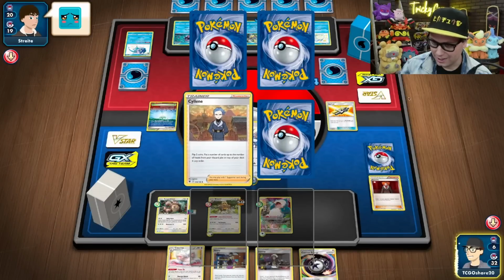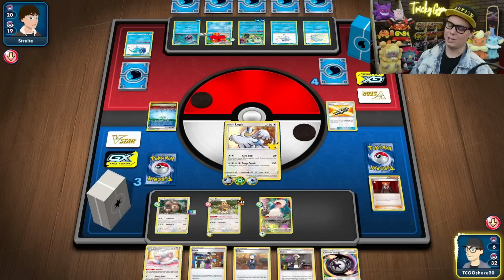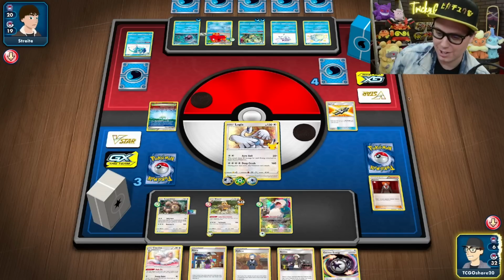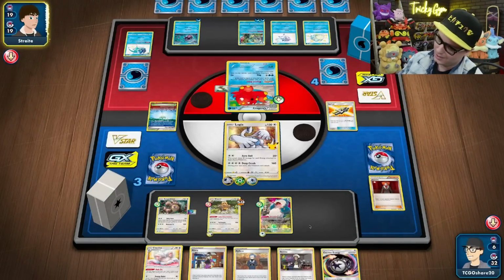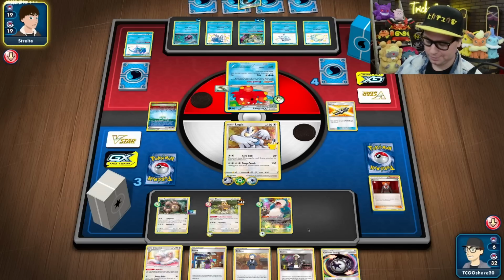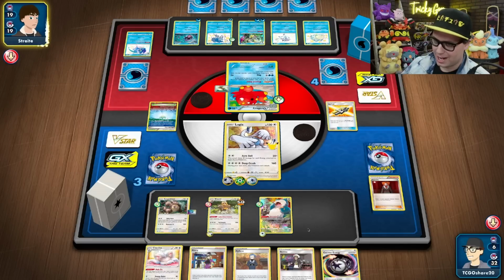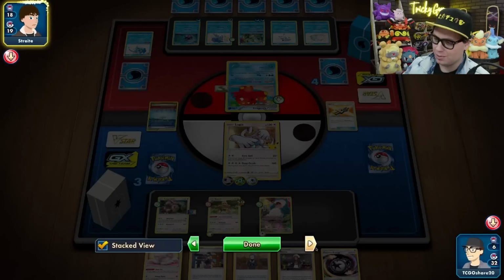And then we get Cyllene. Okay. Cyllene is good. They should not be able to knock out my Lugia next turn. And since I didn't Deep Crush, I've got another opportunity to Deep Crush. So if they send up Inteleon, they're not doing quite enough damage. I could Cyllene some things back in too. So Cyllene,